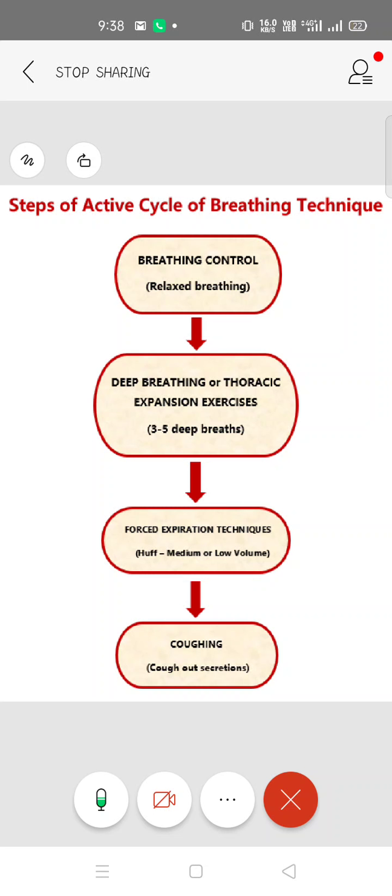If the patient is okay with continuing the deep breathing exercises and is still feeling well, then you can continue to the next phase. If he feels uncomfortable or lightheaded, then it's better to return back to breathing control and then again keep on doing the deep breathing exercise. So this is a cycle, and you can keep on repeating it.